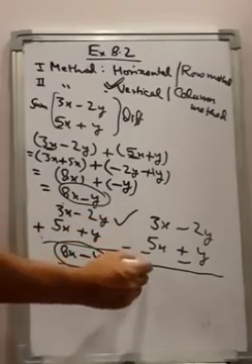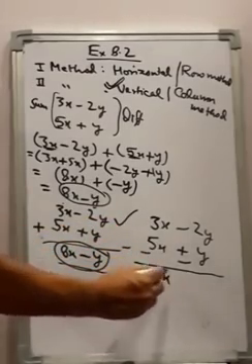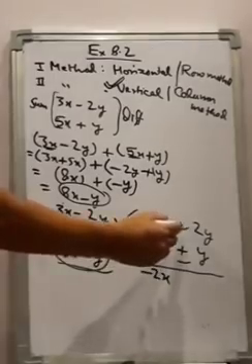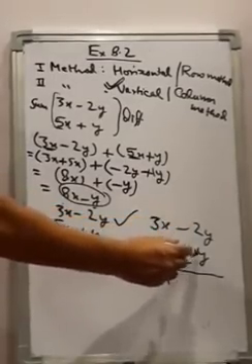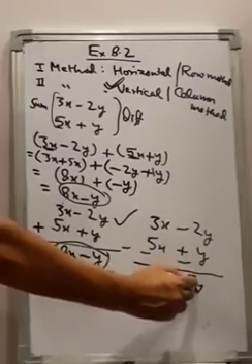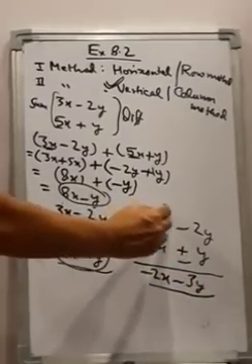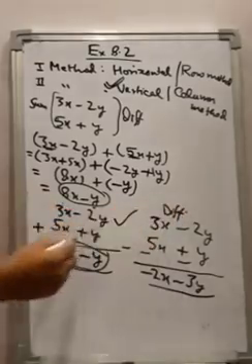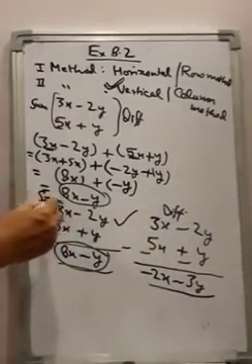So 3 minus 5 is minus 2, minus 2x, then minus 2 and minus 1. So minus 2 minus 1 is minus 3, so minus 3y. So this is the difference of the two given expressions, and this is the sum of the two given expressions using